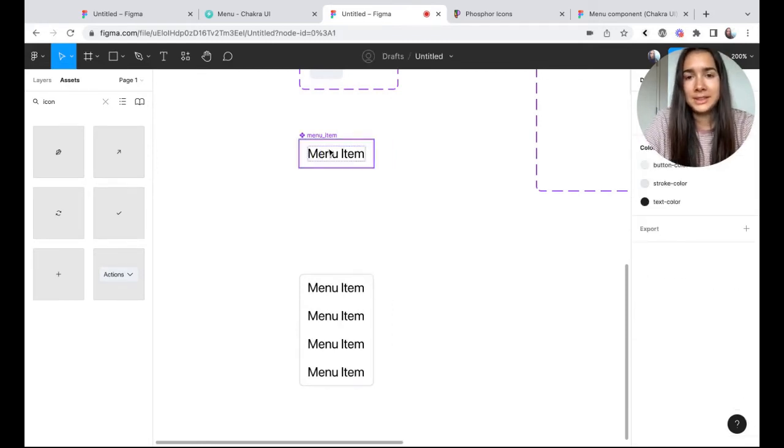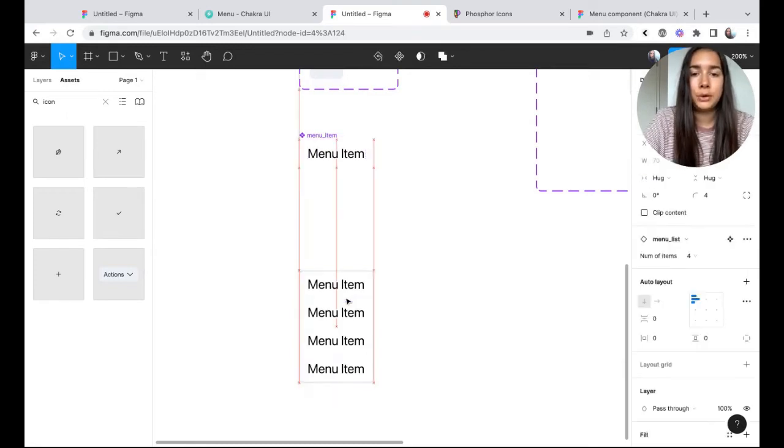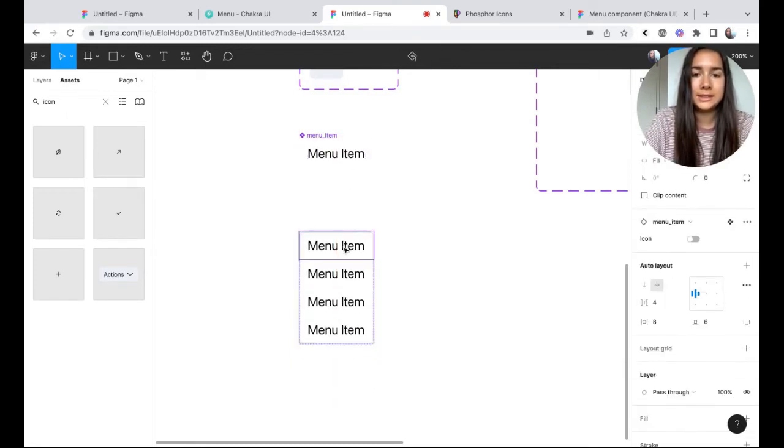And now, as you can see, the icon disappeared because by default, its visibility is set to false. But now if we go to our instance of menu list component, we can toggle this, and as you can see, the icon appears. And we can also do it for several items at a time.